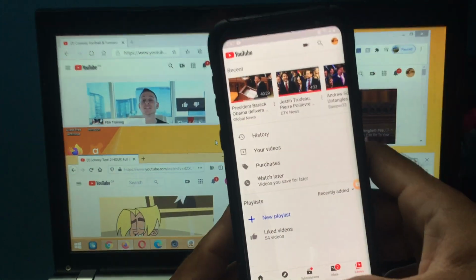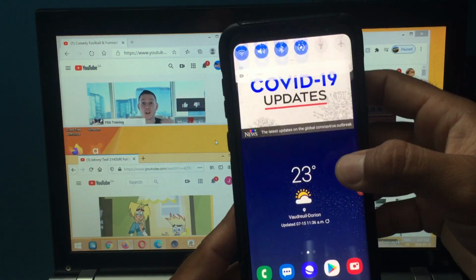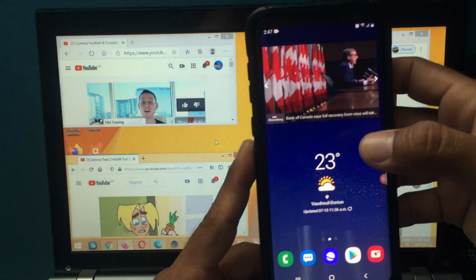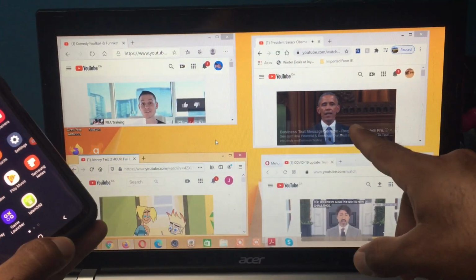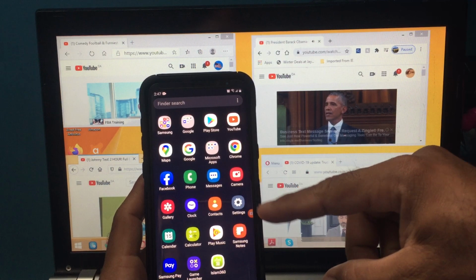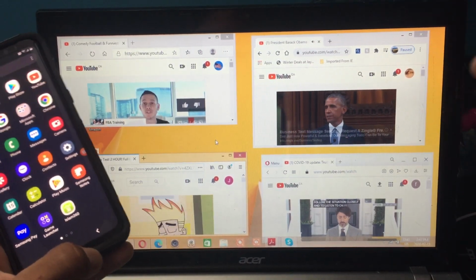So it's very simple. When you have an assignment to watch a video and point out something or a question, like teachers often give to students, this is very good and very easy. You have 4 different browsers. Once you sign in on the phone, you can check and you can clear, you can have proof, and you can share it with anyone.